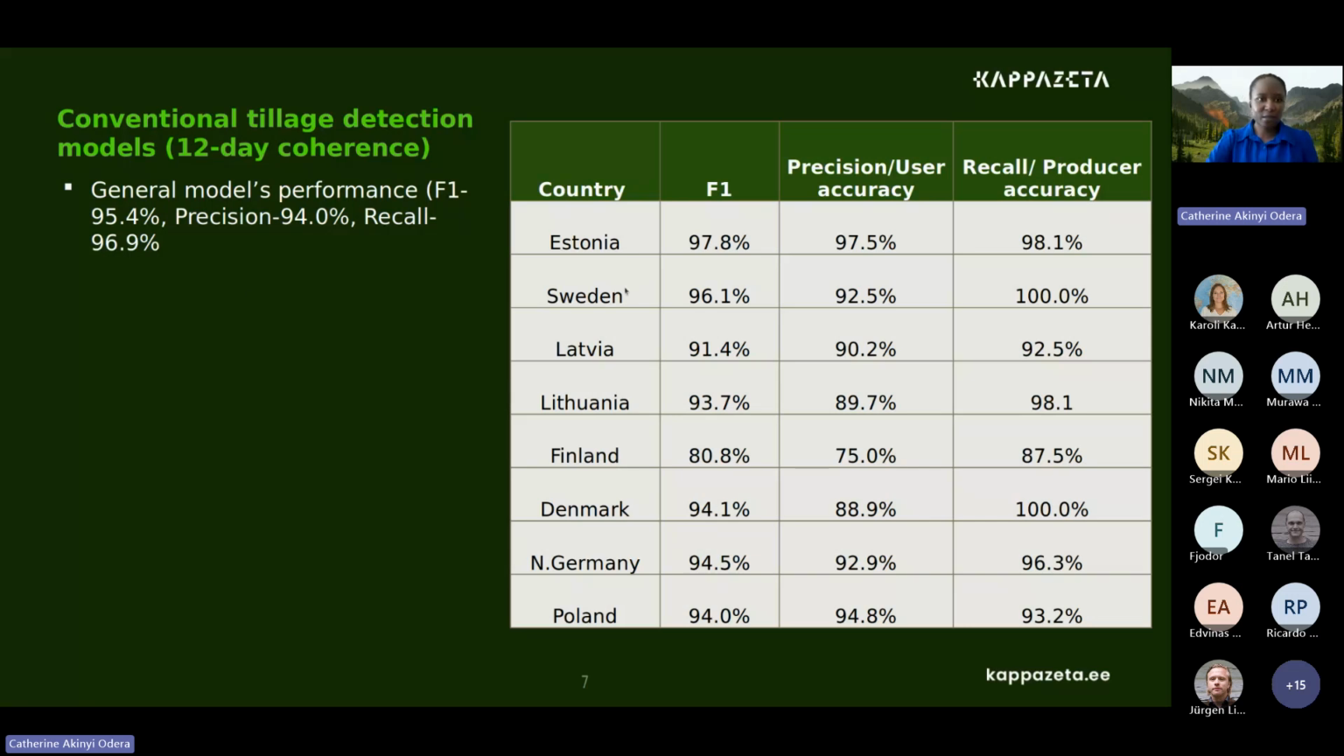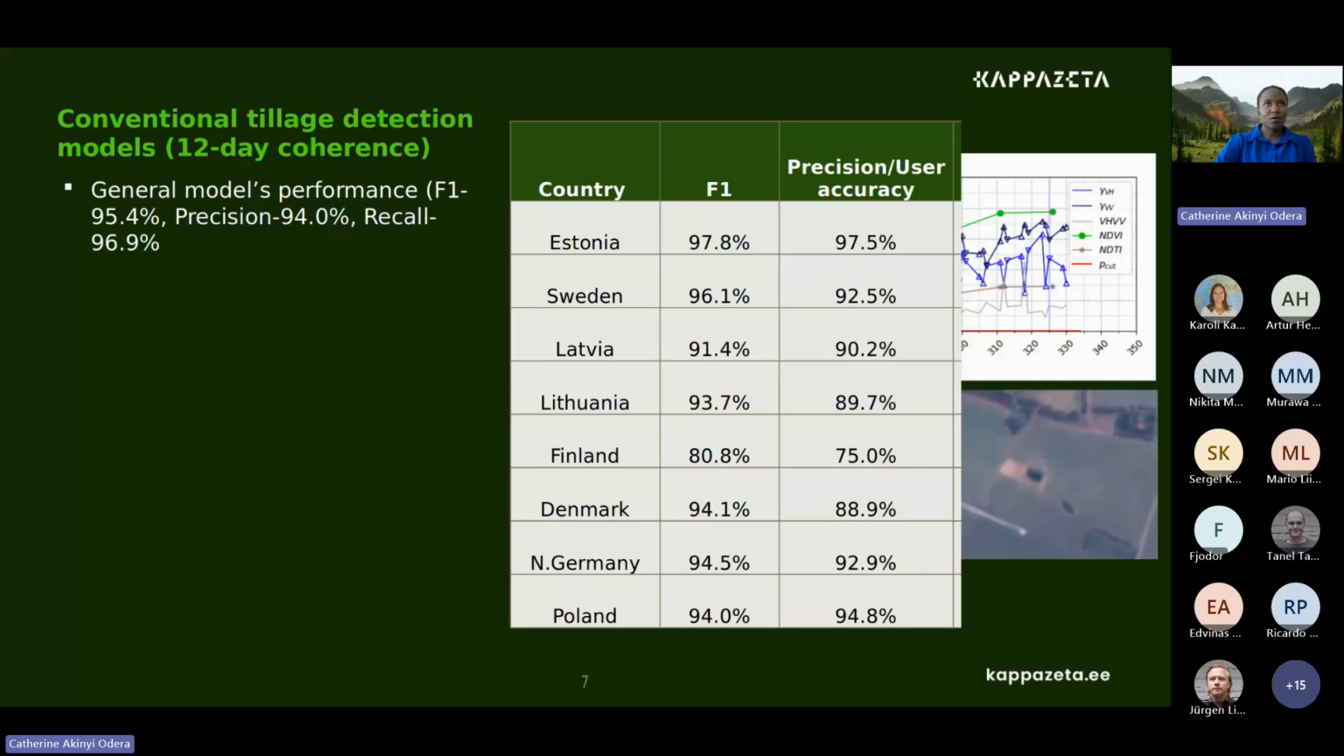From this, as you can see, the performance in Estonia was still really good. And the performance in Finland was a bit low, but still 80%, an F1 score of 80% is still considered fair. And so I'll show you an example of